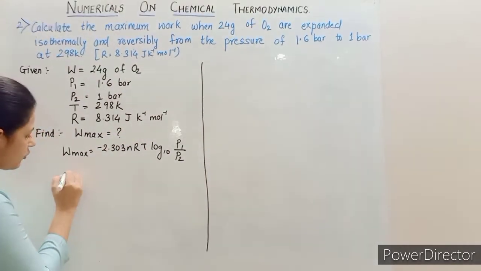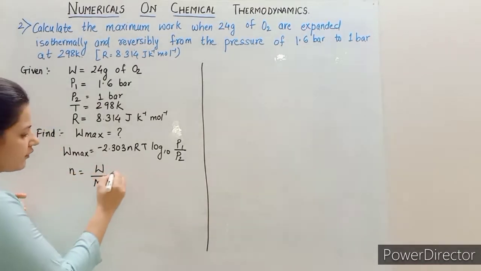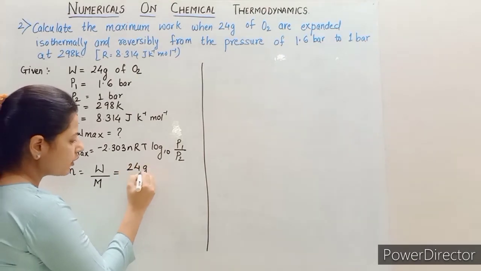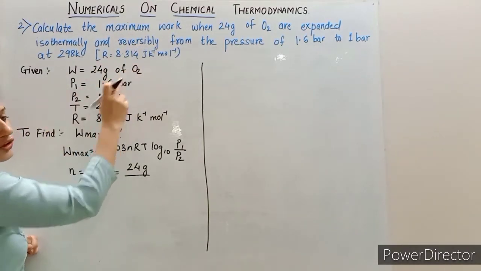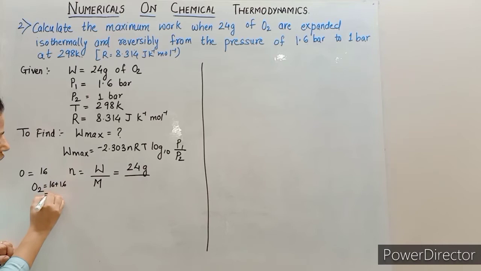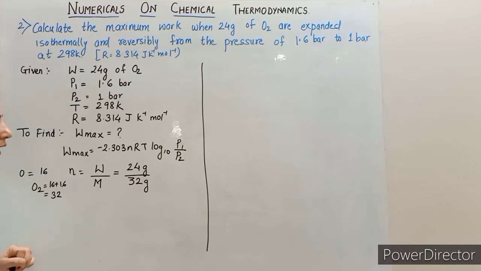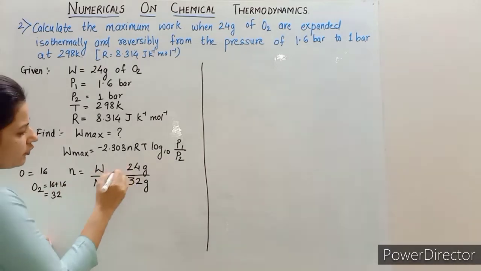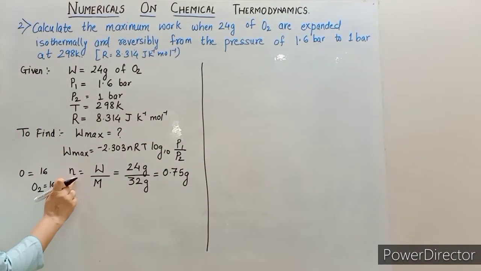But we know that number of moles n is nothing but the mass upon the molar mass. Now in this case mass is given to be 24 gram, and molar mass means the molar mass of that particular molecule. So what is given here? Oxygen. Oxygen means 16. The atomic mass of oxygen is 16. Now here it is O2, means we have to add 2 16s, therefore 32. So here in this case the molar mass is 32 grams. Now from this we will get the value of n, and if we solve this we will get 0.75. Okay, so we have got the value of n.